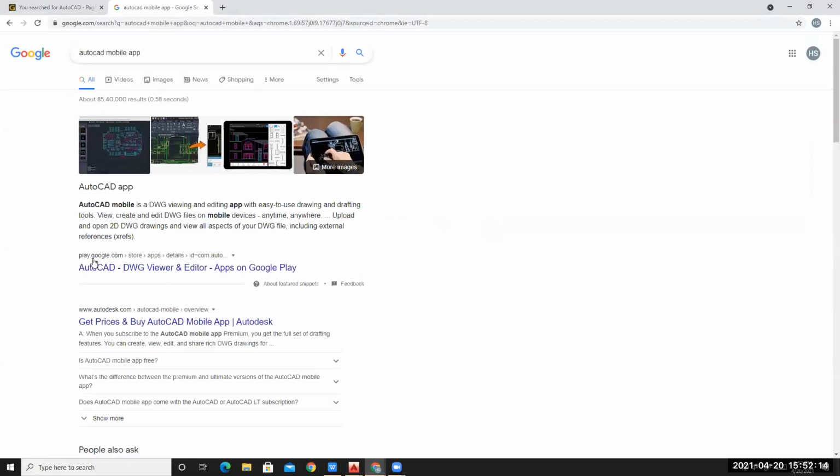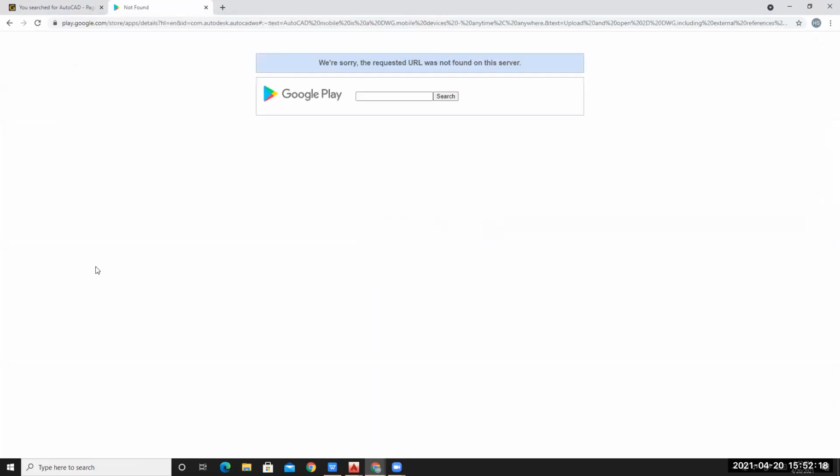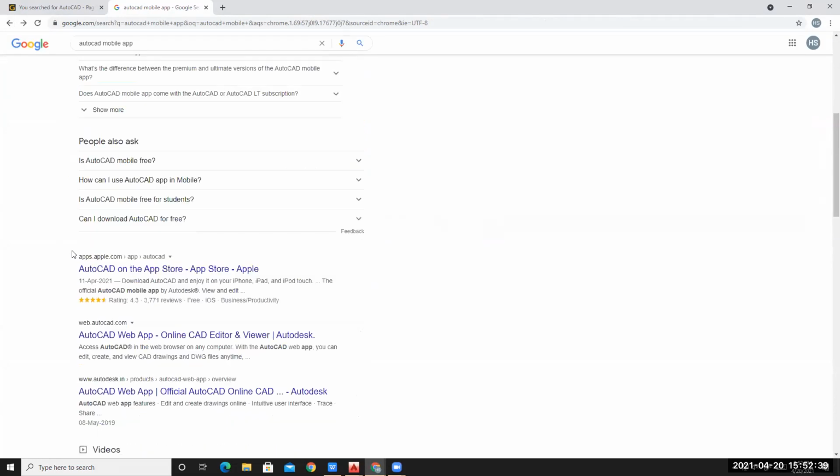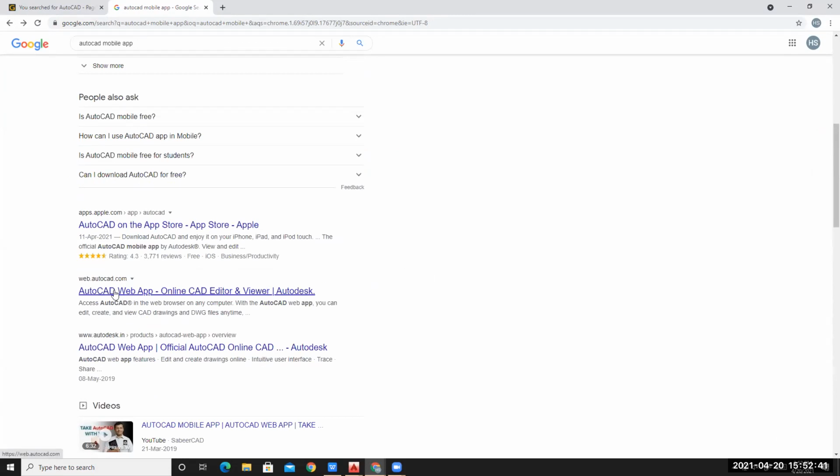You can, I think, get it from this Play Store. I think it is showing here. Not the mobile version, sir. The PC version. Yeah, the PC version. But here it is writing AutoCAD mobile. Here it is showing AutoCAD mobile version. So please check it. If you will not get it, I will share with you the mobile link also. Okay. Yeah, I think this one is that